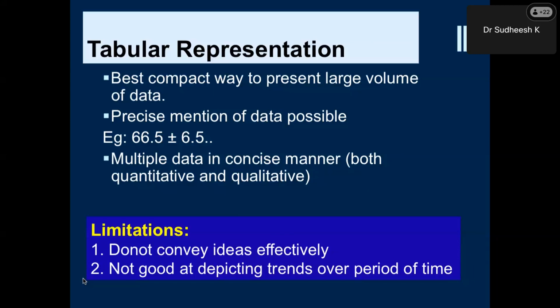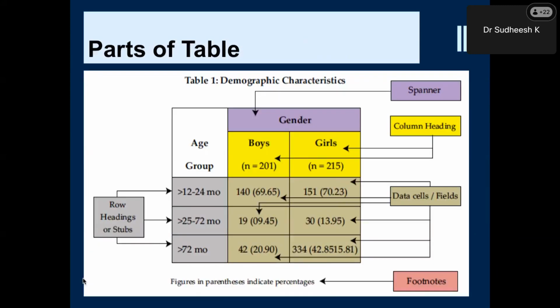So you will not understand which direction, whether it is a decreasing or increasing trend or whatever it is. But if you put the same thing in a line graph, you can see the direction of the line and understand what's happening to the BP, whether it's going towards a positive side or negative side, isn't it? So coming to the various parts of the table, as I told,